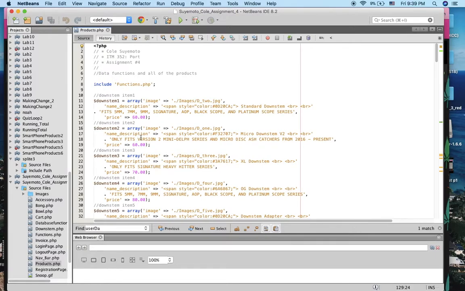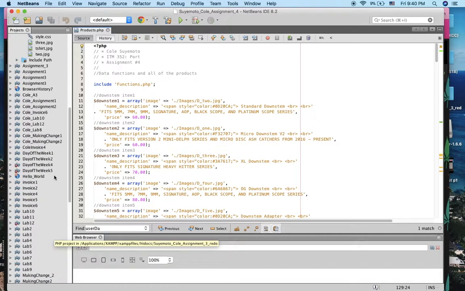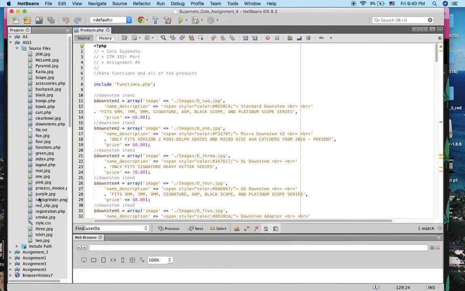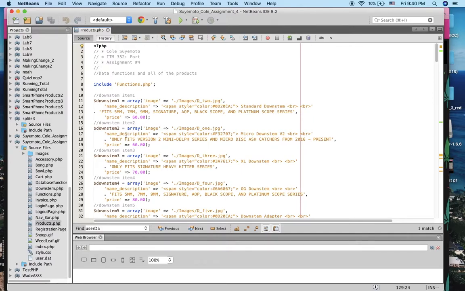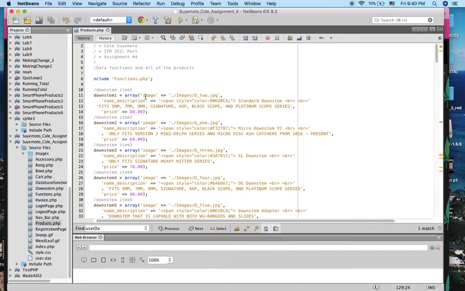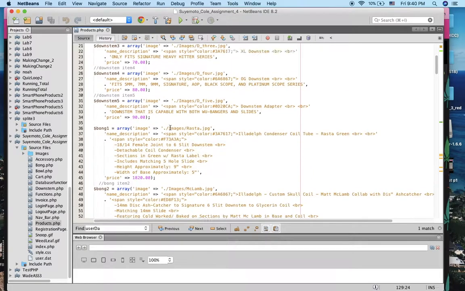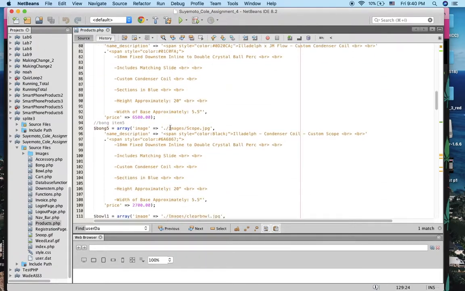So going into my products page, what I tried to do for my assignment 4 this time was create one PHP file instead of a bunch of PHP files like in my assignment 3. So that's why I started with my products page first. You can also see in my code that my image has changed. I put a /images to represent the images file because all my images are now in one file. So yeah, these are just all my products right here